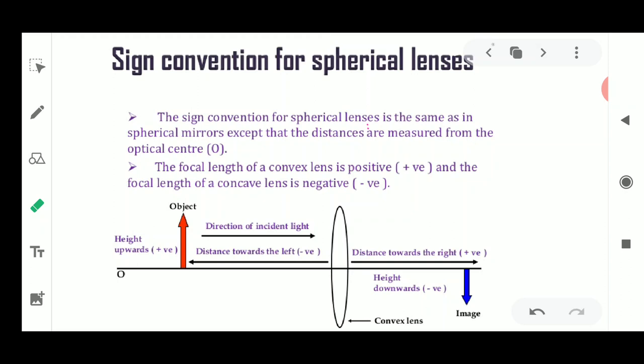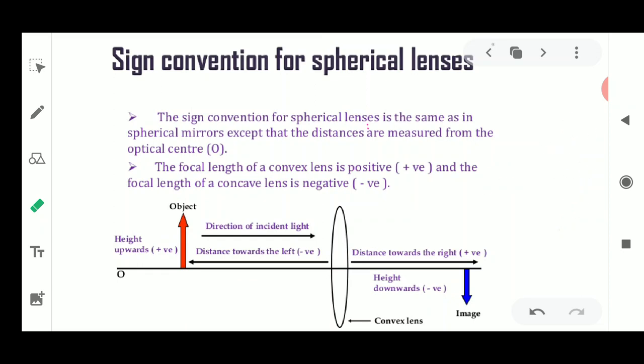So this sign convention concept is very much similar to the one I told you about in the case of mirrors, when we were talking about concave and convex mirrors. There, only one side was present for obtaining such sign conventions. Now, in this case, a lens is a transparent object for refraction, so we can obtain things on both sides. So we have two focuses, two centers of curvature, and one optical center. With that, we will study the sign convention in the lens.